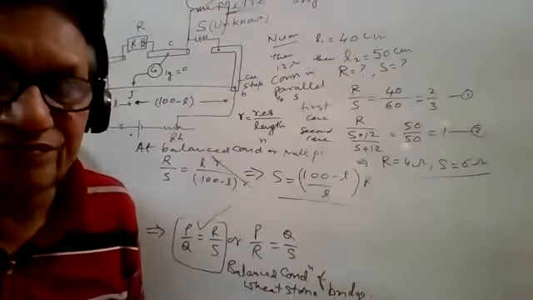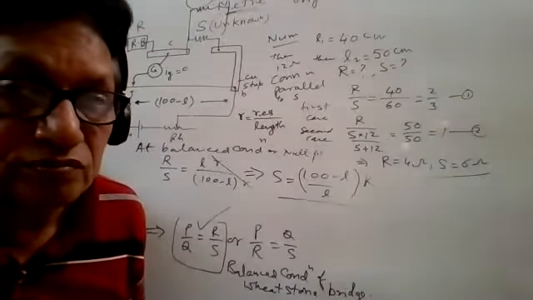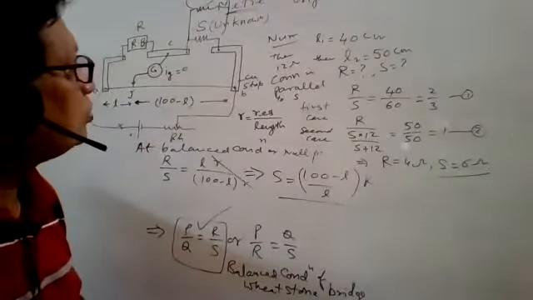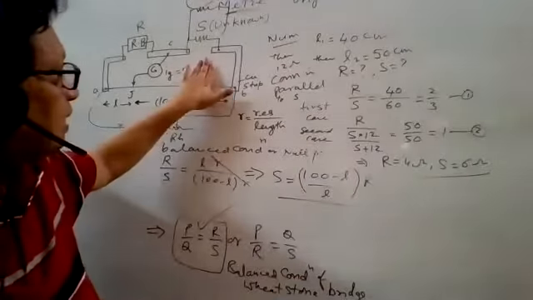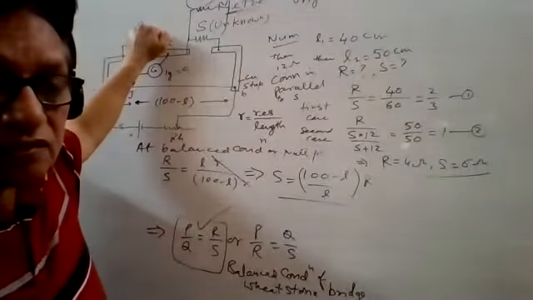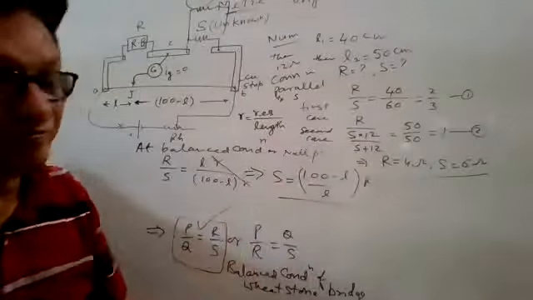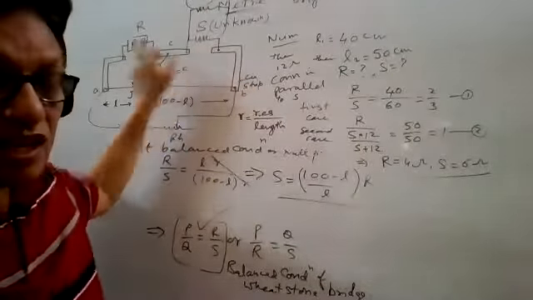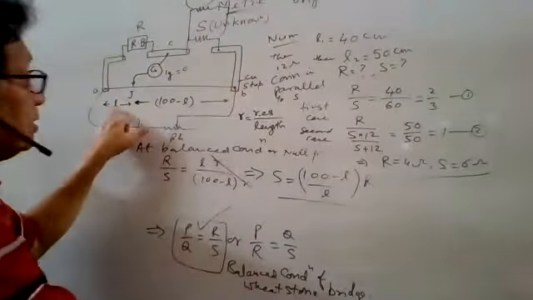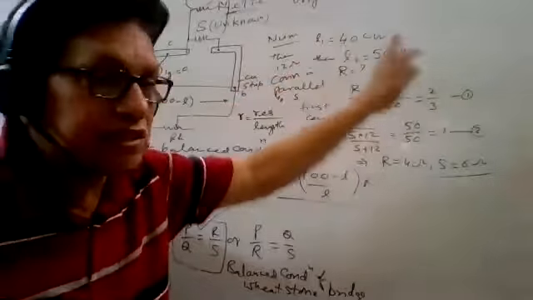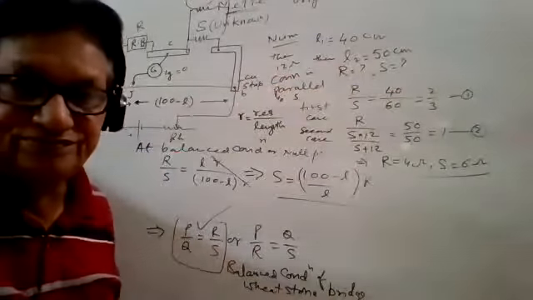Yes, Adit. Sir, can you again explain the question? I was disconnected. Okay, no problem. In the first case, R is the connected resistance box, but we do not know its value. S is connected, and at the balance point the length L1 given in the question is 40 centimeter.